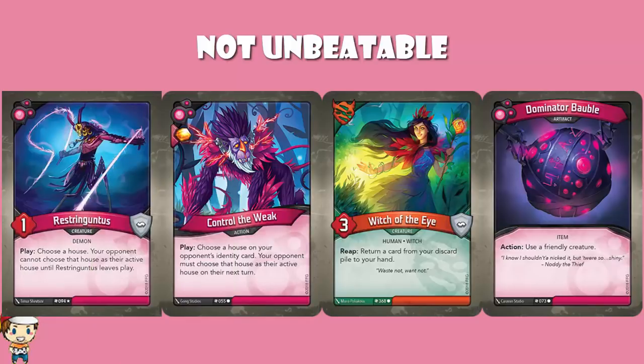Any creature, unless it's something like Shadow Self that can't attack or can't deal damage, any other creature can take down Restringuntus. So, to recap, combos like this are inevitable in a unique deck game, especially if you want to print lots of powerful cards, which you obviously do. It is an unstoppable combo when it gets going, but I'm fairly sure it's quite easy to stop if you know it's coming. But I'd like to know what you think about this combo, so let me know in the